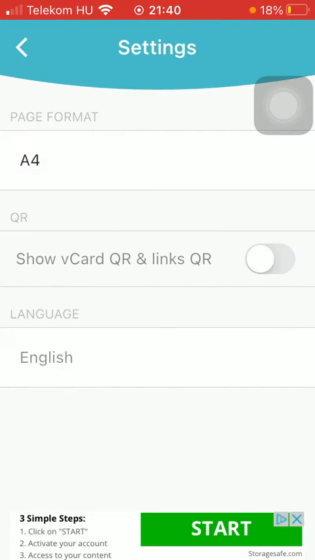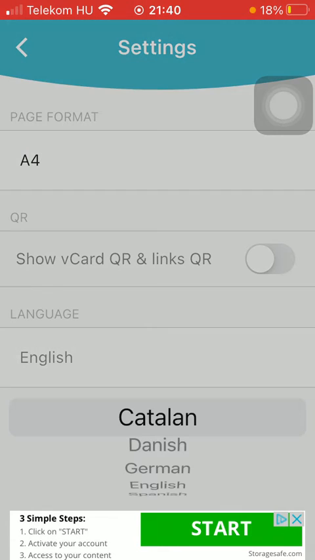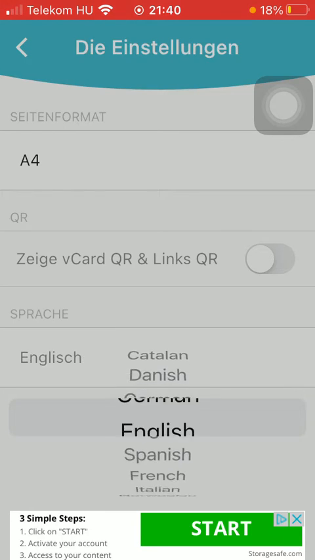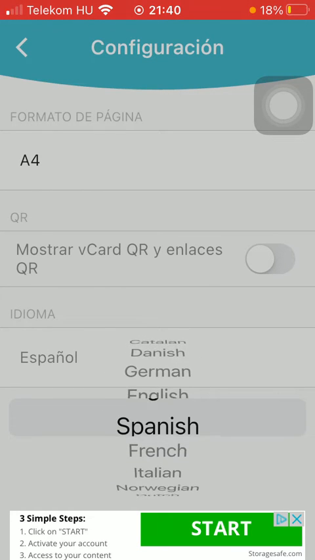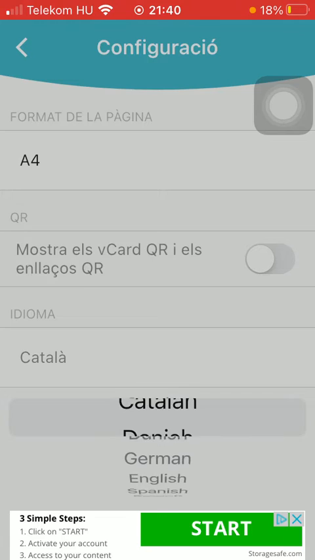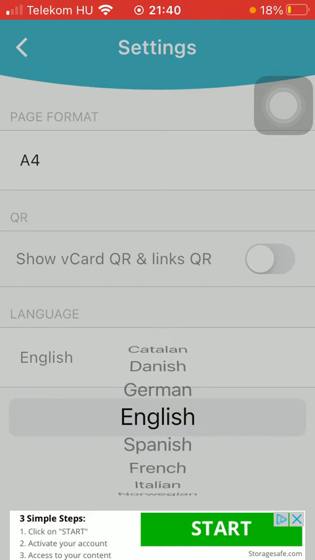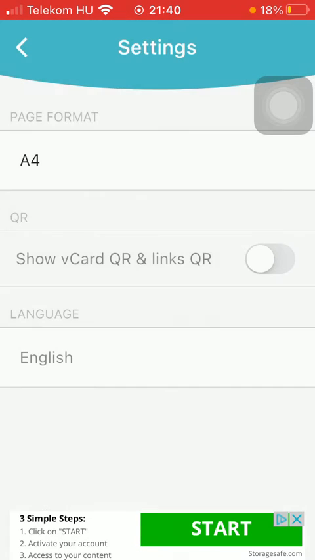Click on settings, which is the first option, and tap on language, which is now set to English, but if you scroll down you will be able to see that there is a bunch of options. All you have to do is clicking on the relevant one, and then the language of the application will be updated automatically. So feel free to go back to this section whenever you want to change the language of the